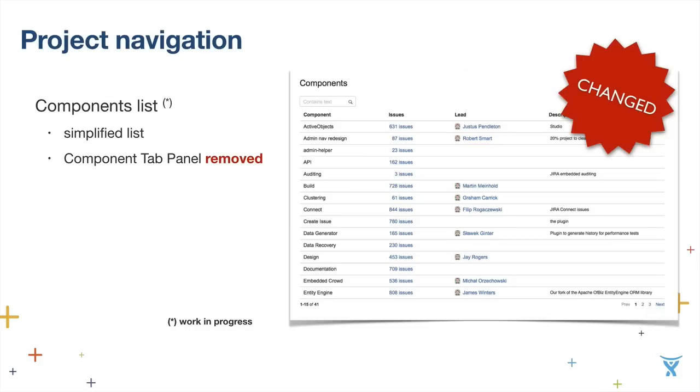Now, because of that simplification process, we have asked ourselves a question: is the components tab panel plugin point still required? So we have performed a scan of all the P2 plugins on the marketplace, and we have found that only 2 of the vendors actually use that. So we have asked both of them, do you mind if we remove that plugin point? And they said, go ahead, it's actually going to simplify our code as well. So we decided to basically remove it for the sake of simplicity.